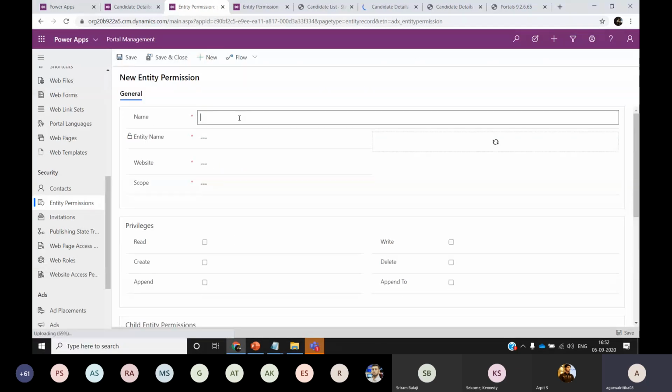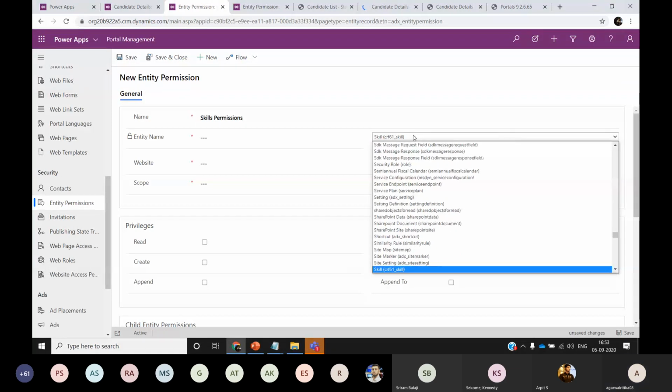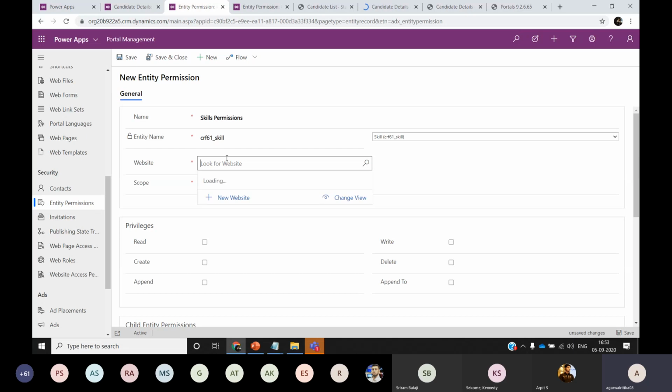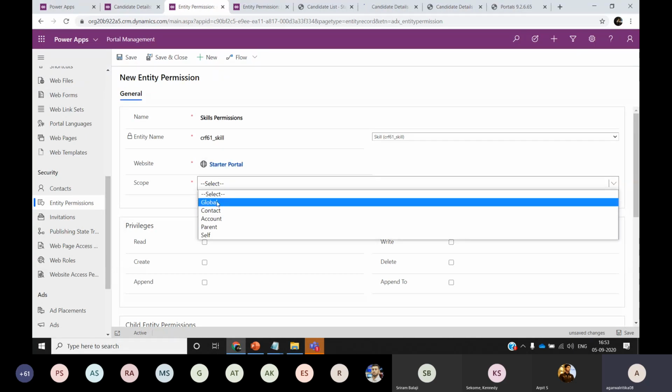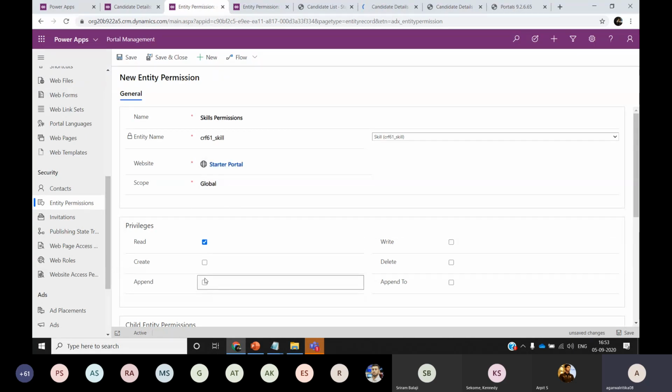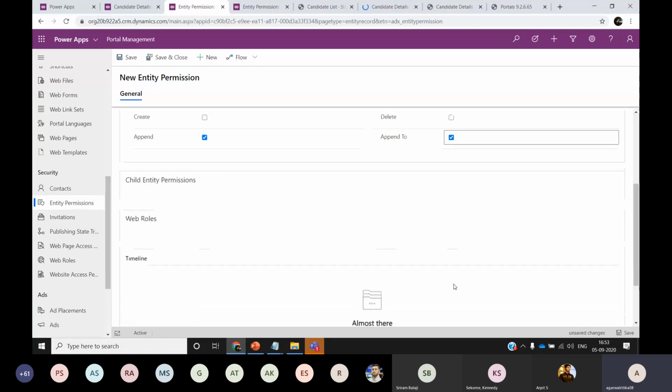and I'll create a similar one for skills. The website is going to be the same. Scope is global, read, append, and append to.